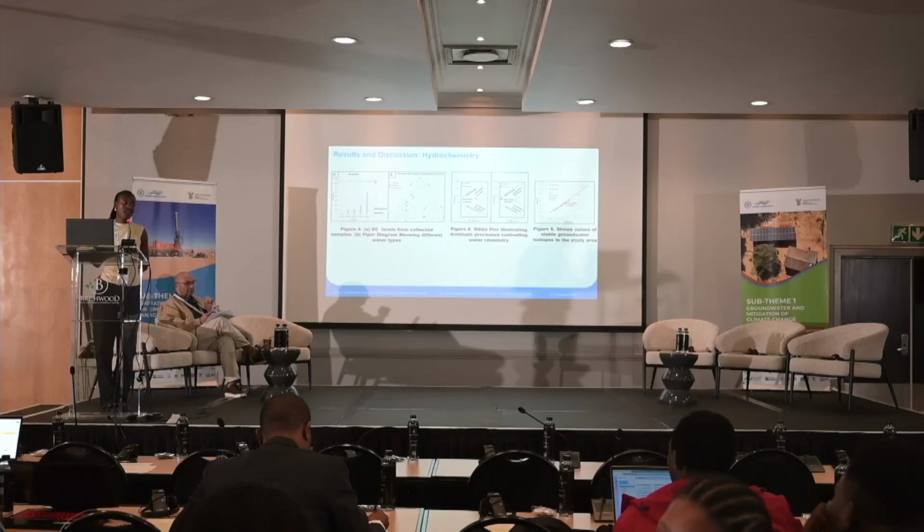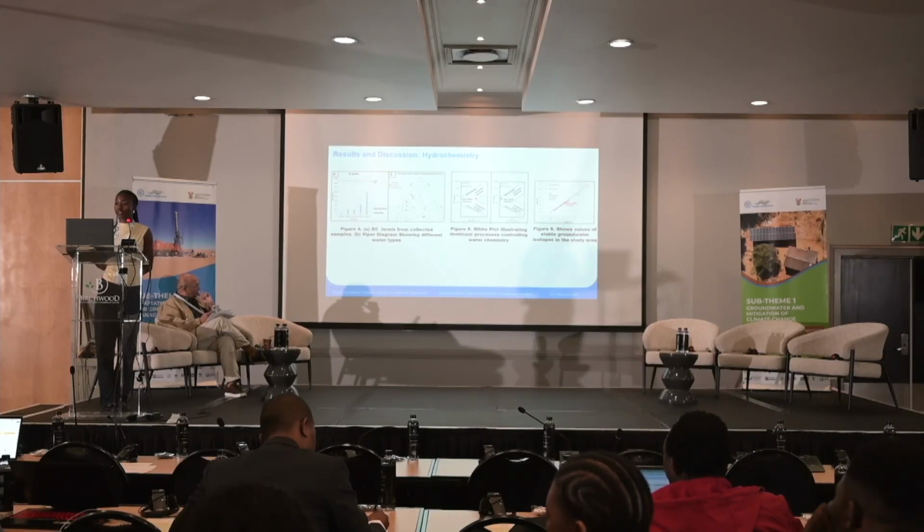This is also supported by the Gibbs plot, which shows that the dominant process controlling the water chemistry was rock-water interaction. And then the isotope values show depleted values, which shows that the samples were of meteoric origin, and there was no evaporation enrichment,